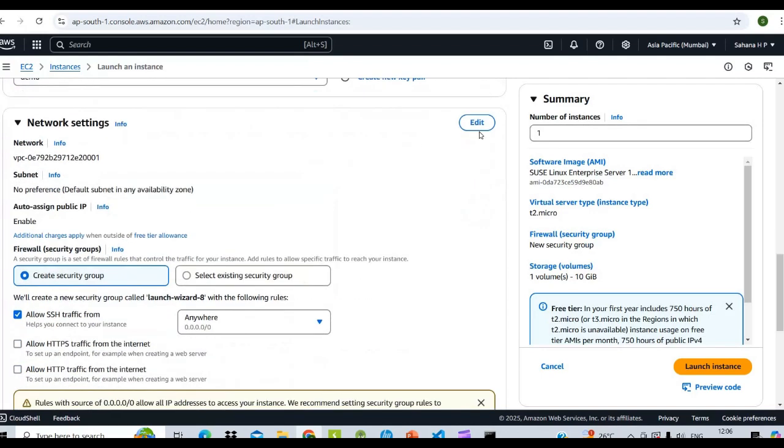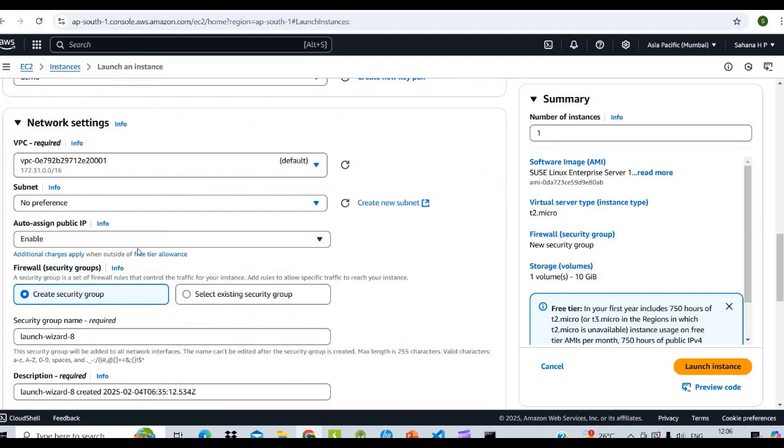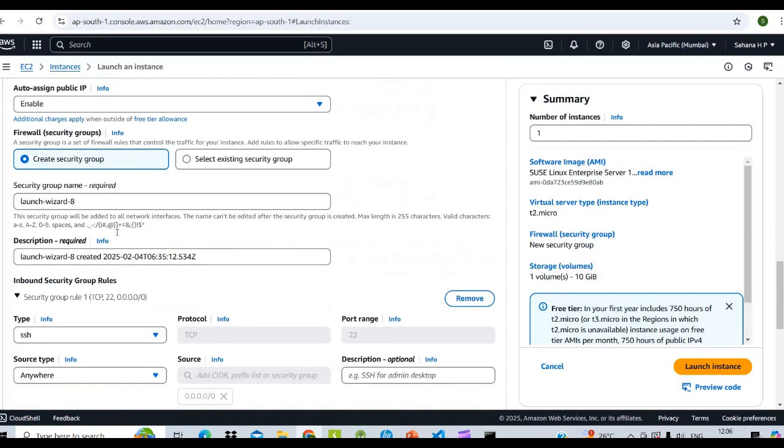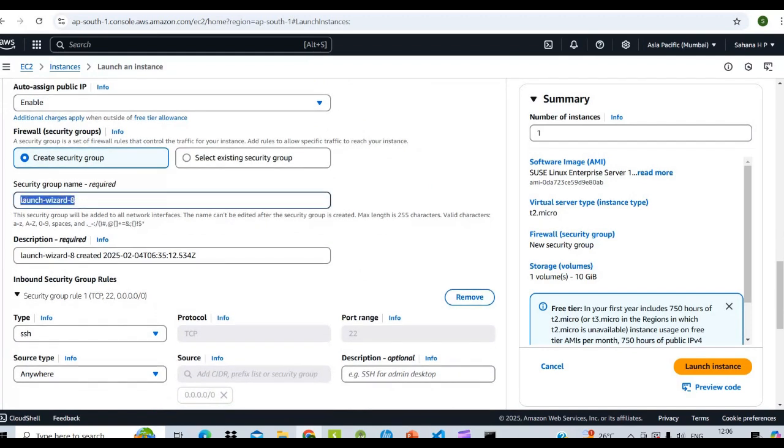First, go to network settings and click on edit. Here I want to click on create new security group. Give the security group name as Elastic Disaster Recovery Security Group.